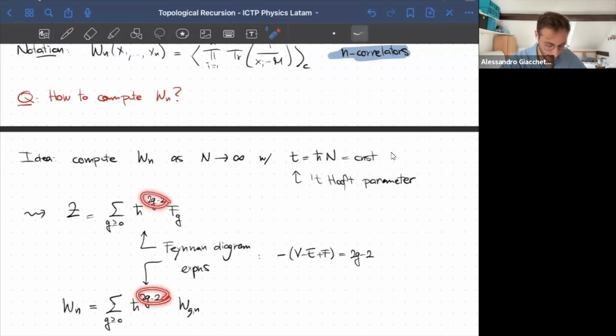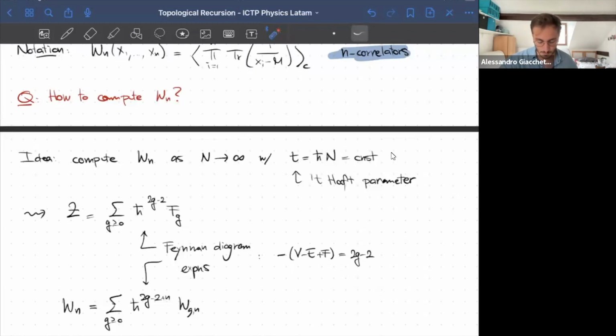The exponents that appear here actually have something to do with this Feynman diagram expansion. And because of what I said at the beginning, that the Feynman diagrams are something more like graphs drawn on surfaces, the exponents here will actually have a geometric interpretation in terms of the geometry of the surface where